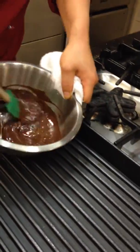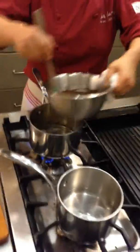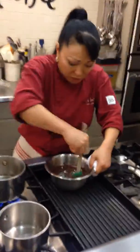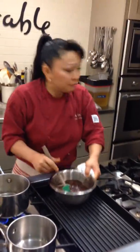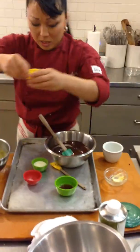Okay, so now I've got a nice smooth consistency going on here. No more big chunks in here. I'm just going to give it one more little bit of heat here. Again, I'm being careful about the temperature. I don't want to scorch my chocolate. I want to be very gentle with it. Okay? Now what I'm going to do is go ahead and add my